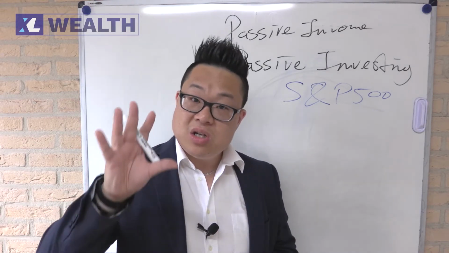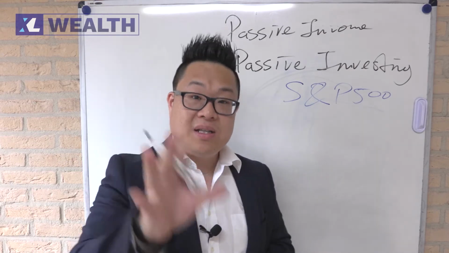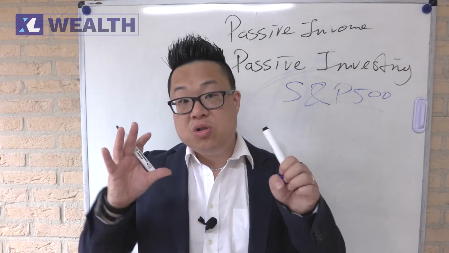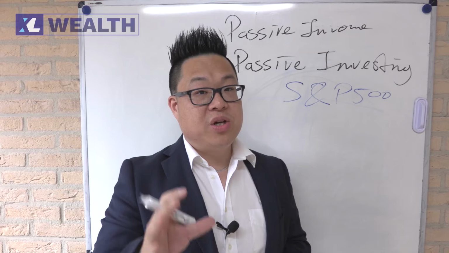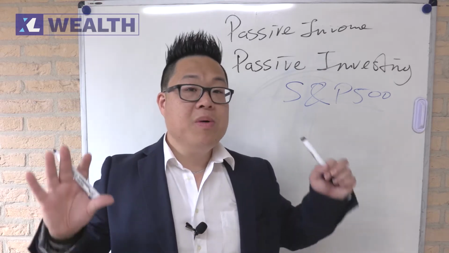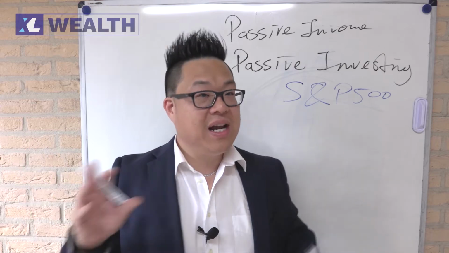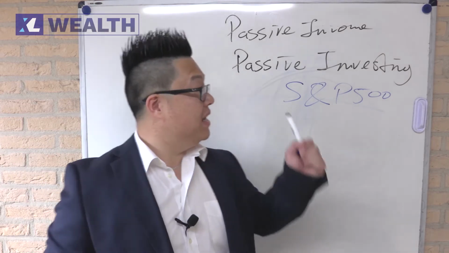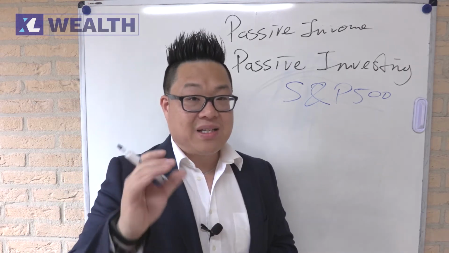The only thing is you just wait it out, and the moment you think, hey, now is the time to take it out, then you take it out. This is what is called passive investing. You did the work up front, and the only thing is you're waiting for your return on investment to come. The moment you're like, hey, I'm 65 years old right now, I'm taking out all the money that I've put in, and this is what I get. It's as simple as that. This is completely passive investing.